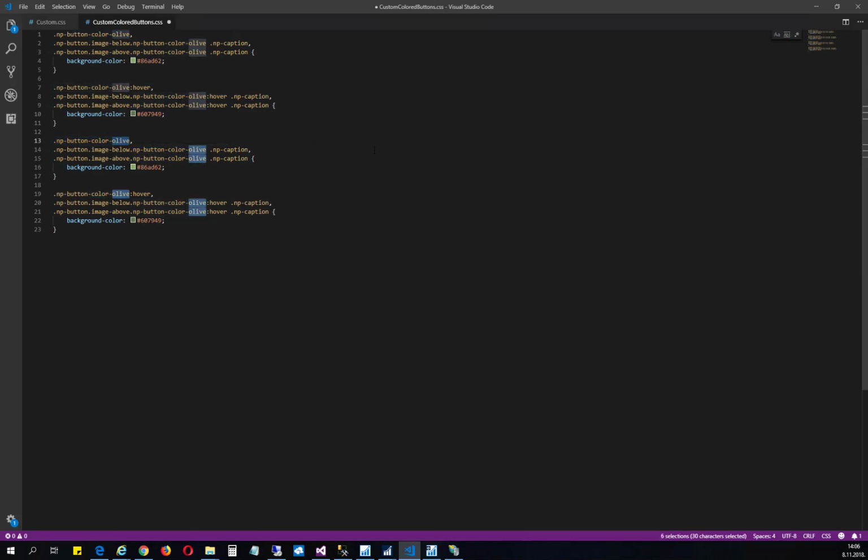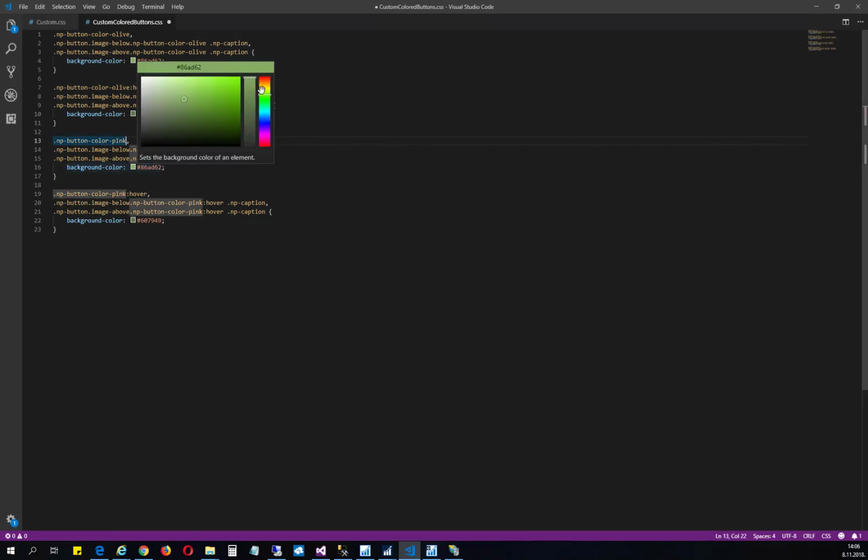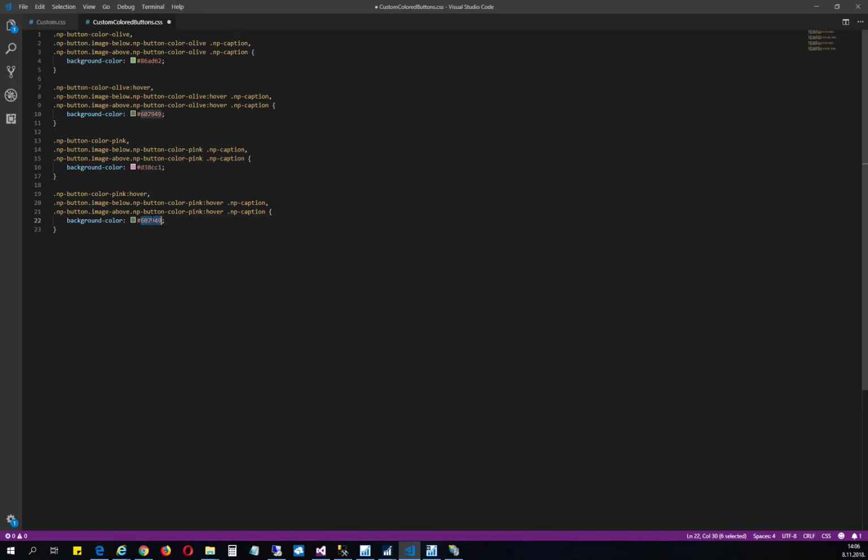I will call it pink, and I will change this color to something pink. For example, this looks pink enough to me, and then I will copy that, and I will have a darker variant of pink, so something like that. So I will save this now as my CSS, and then I will define a new web